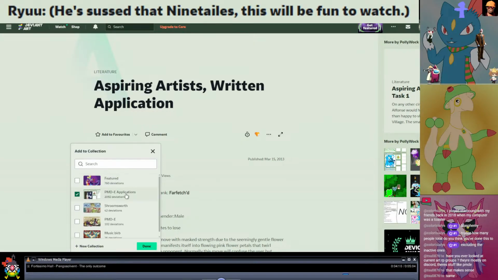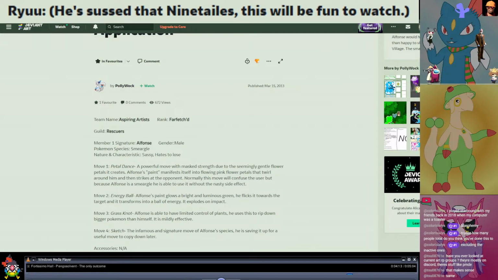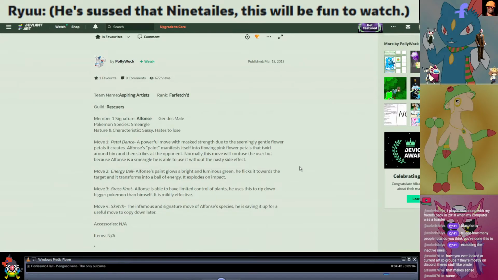Aspiring artists. Oh, yeah, that's right, I got a favorite thing from an artist I like. Also, wow, that is really good. Holy shit. Okay. We got Alphonse, the Smeargle, with Petal Dance, Energy Ball, Grass Knot, and Sketch. Why all Grass-type moves, though? That's what I want to know. It's only Grass-type moves. No normal-type moves for Sketch. Also, I see an art app here, so...